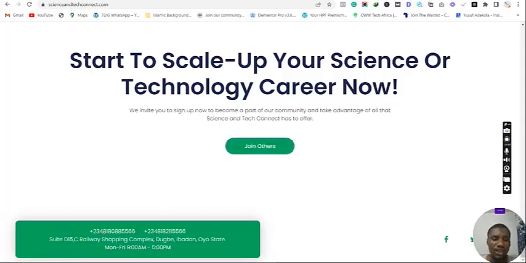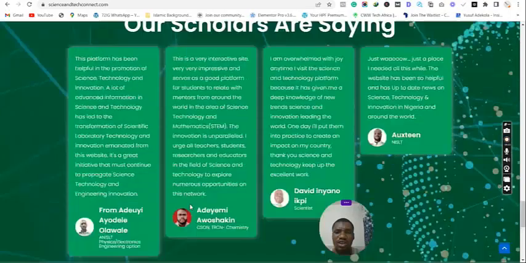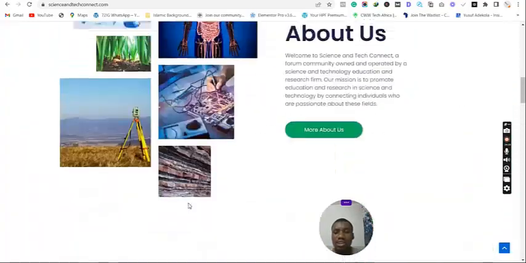Then I have the footer. The footer is just the footer of your website. Many things can be here, but I like simplicity, that's why I put it as I put it. I put the number here and I put the address here. So this home page alone is enough to get somebody to know much more about what Science and Tech Connect